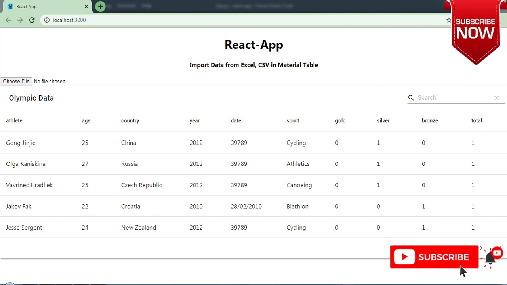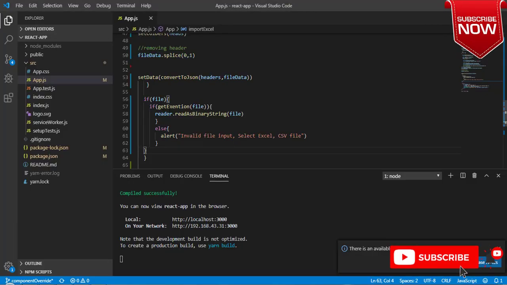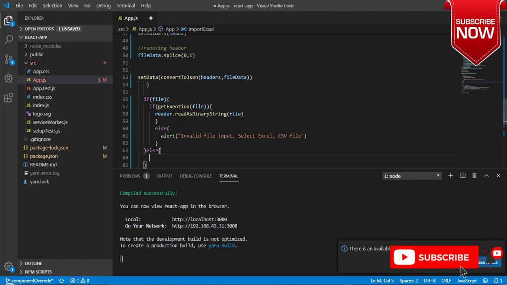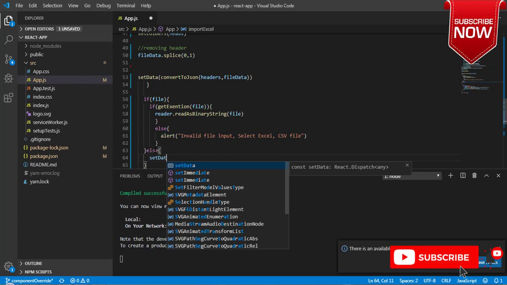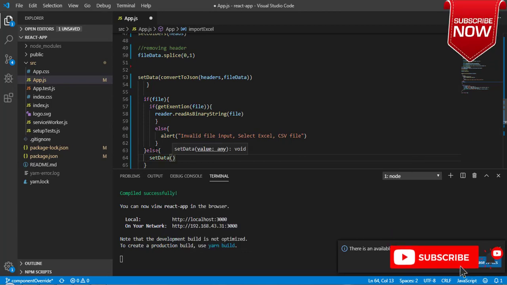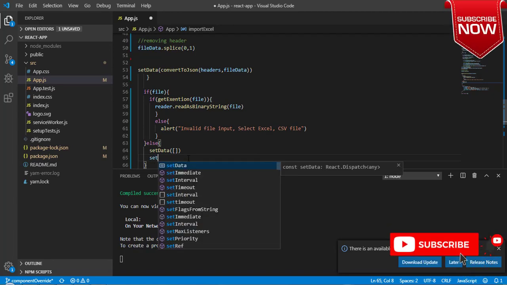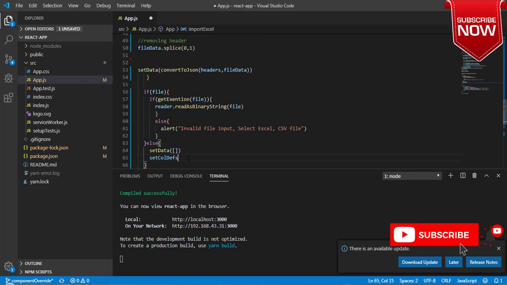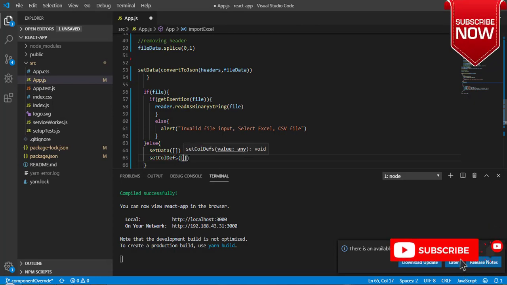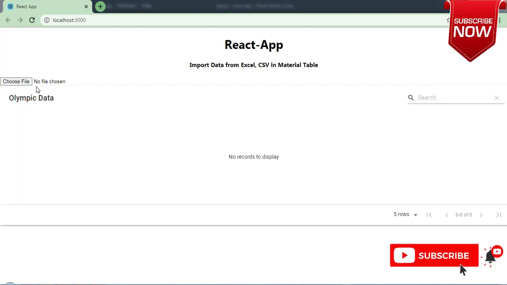If you want to remove this data, you need to write an else condition, and inside this else you can set data as empty, and the column definition also you can set to empty. Now save it and let's come back here.